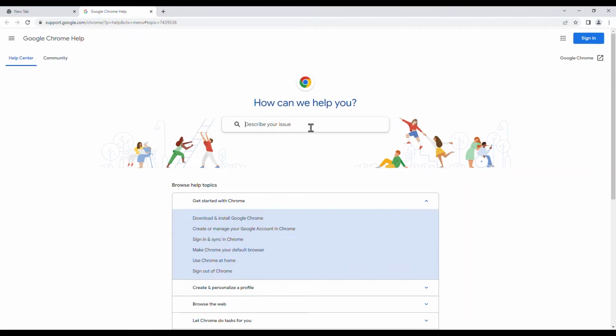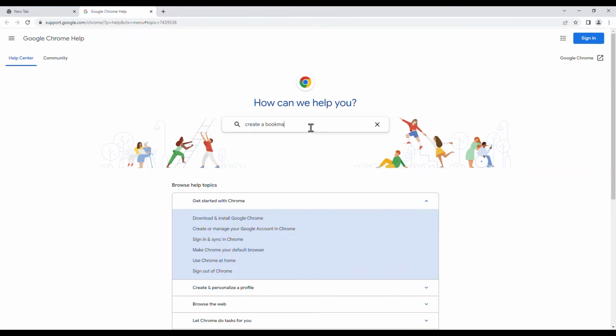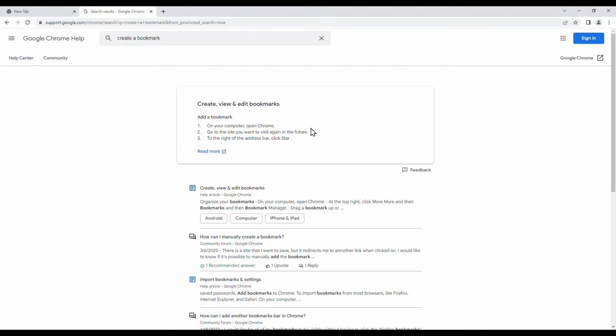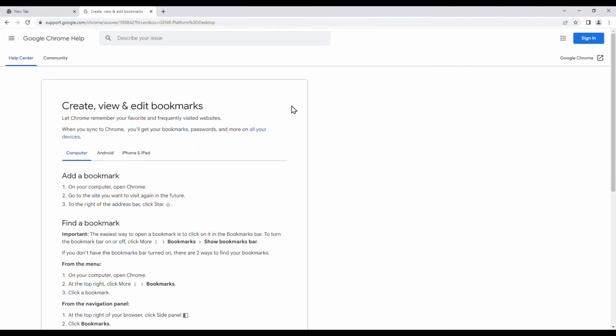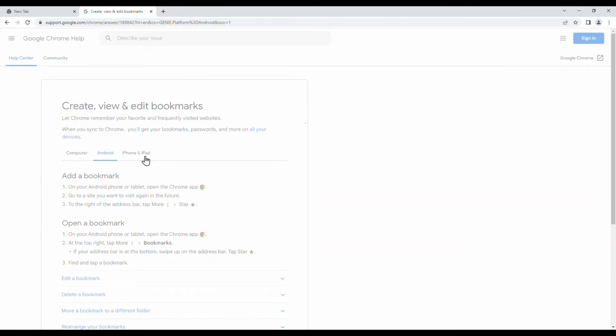Again, I could go ahead and search for something, like if I wanted to learn how to create a bookmark. This takes me to a search result page, and then I just would click on the very first one. It has the steps to create a bookmark using Chrome, and there are actually tabs so I can see how to do it on different